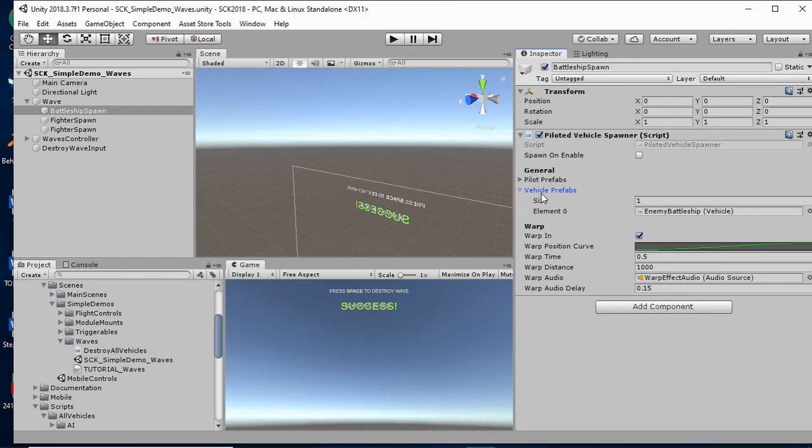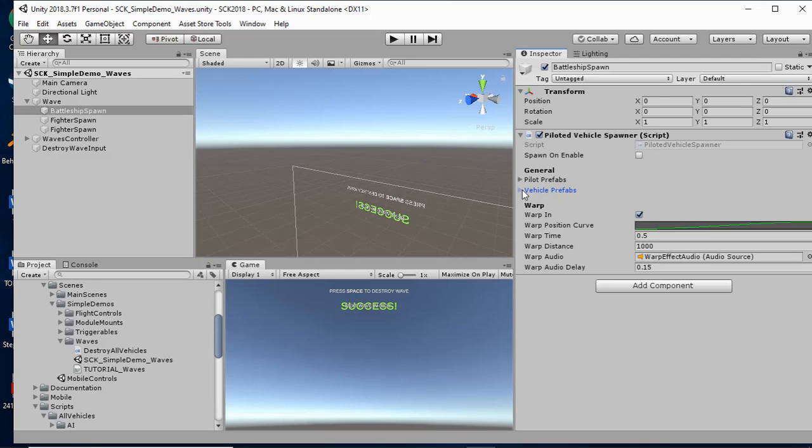And this is the vehicles list. Now you can put one vehicle here and one pilot in the pilots list if you just want to specify one, or you can add more and it will choose randomly from the list. And after that you'll see warp settings, so this will warp in if you check that checkbox, which basically means that the ship will start off a certain distance behind the spawn point and warp in, landing on that spawn point,